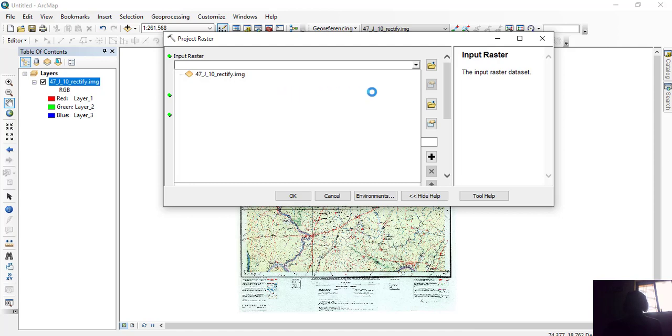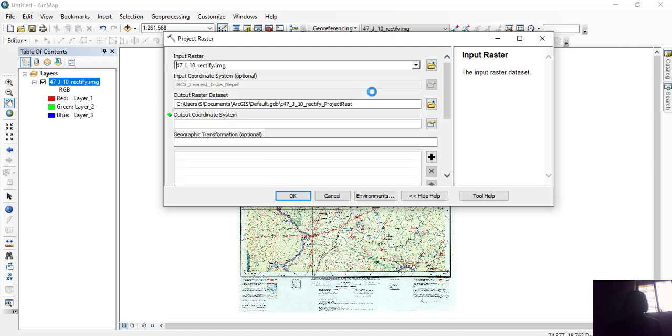It takes some time. You can see this is our input file, and this file's coordinate system is visible here. GCS means Geographic Coordinate System, Everest, India, Nepal. Now one new raster will be created, and we have to assign the output raster here.